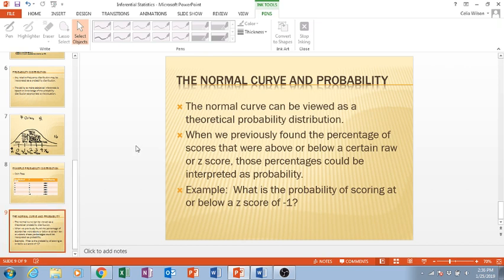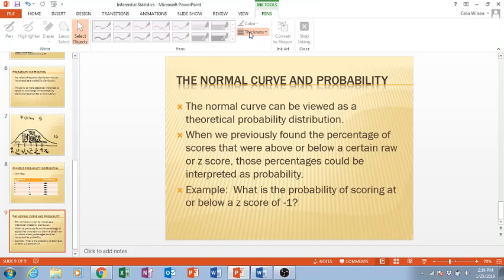All right. If we think about it in terms of the normal curve, like I was saying, the normal curve can be viewed as a theoretical probability distribution. And this is what I was saying earlier. When we previously found the percentage of scores that were above or below a certain raw or z-score, those percentages could be interpreted as probability. Okay, so remember back when we did the probability of scoring at or below a z-score of -1. And so we went and we